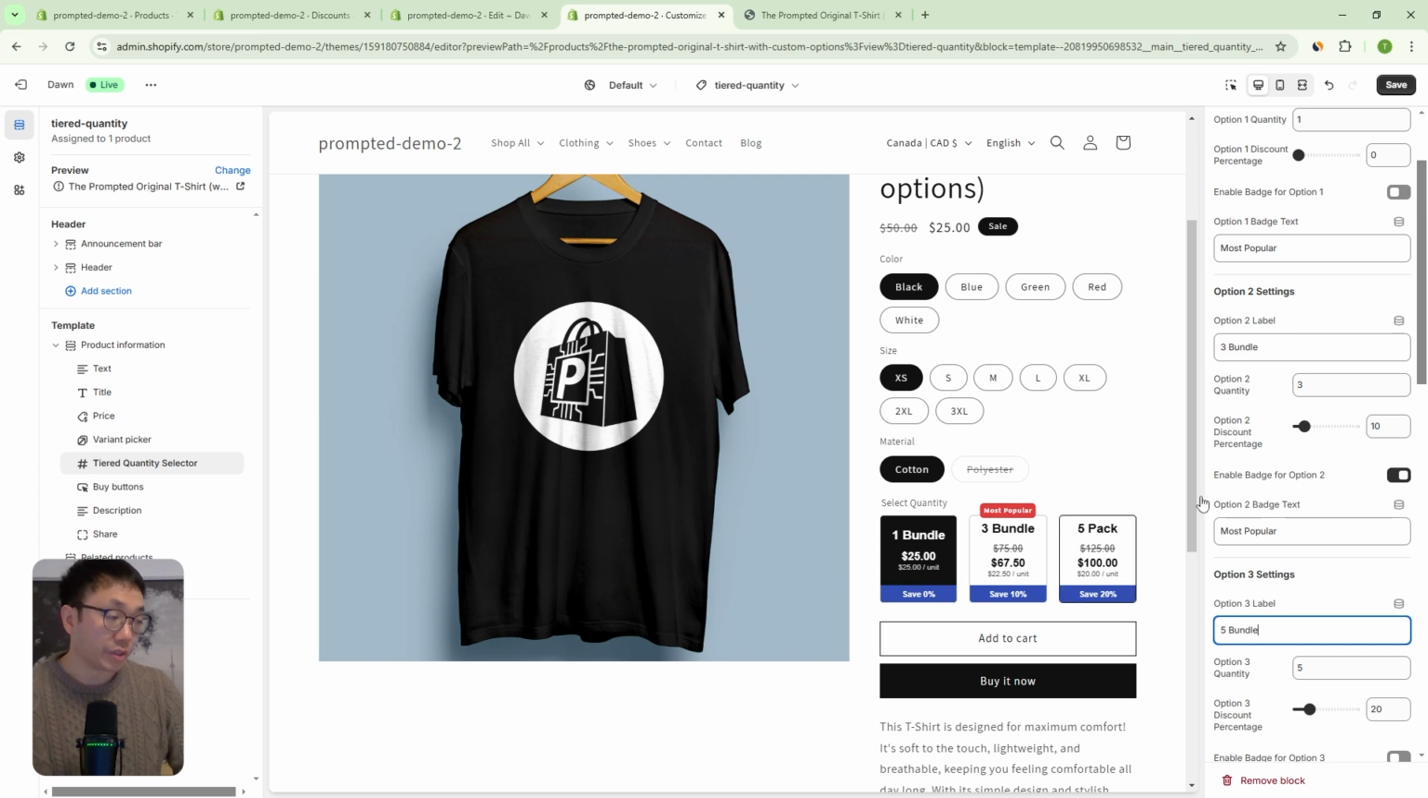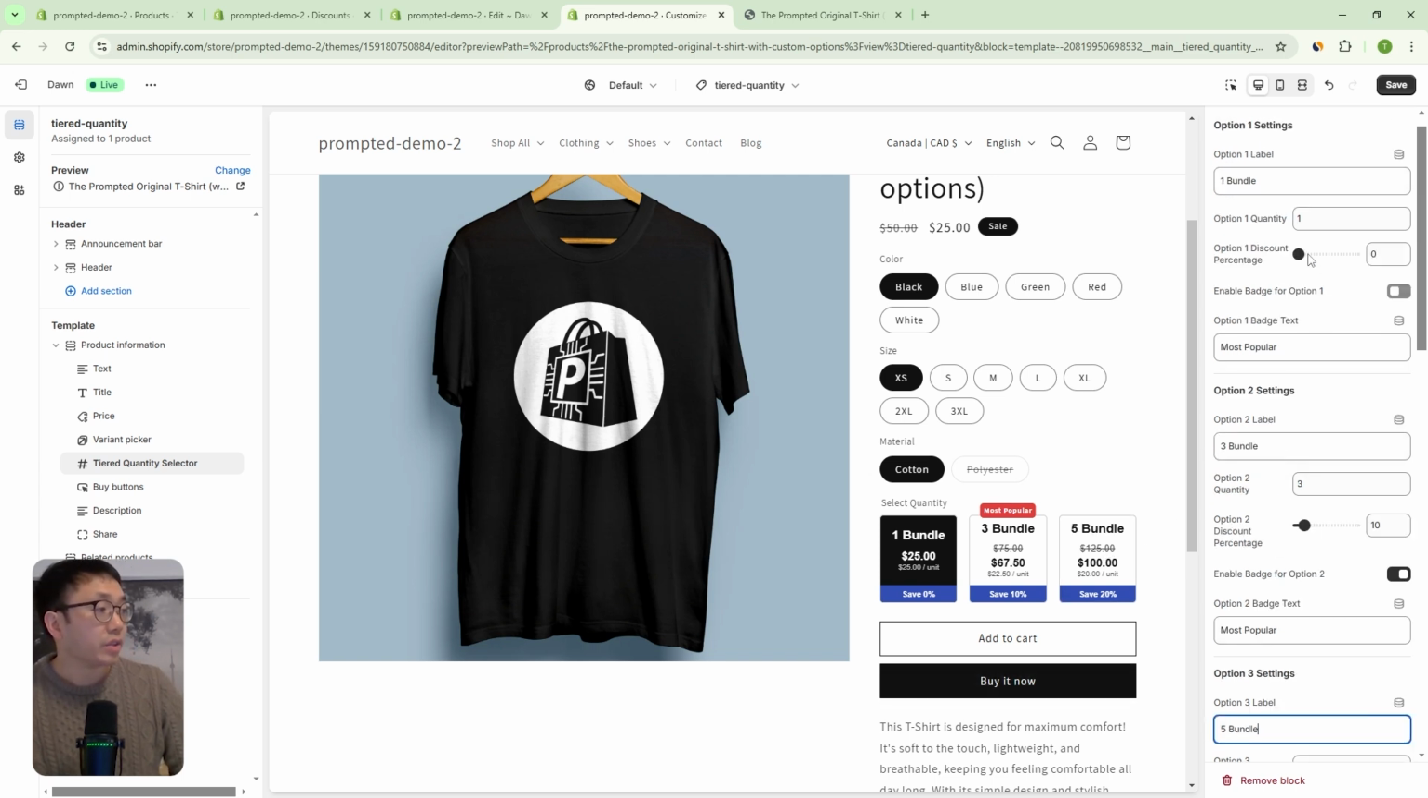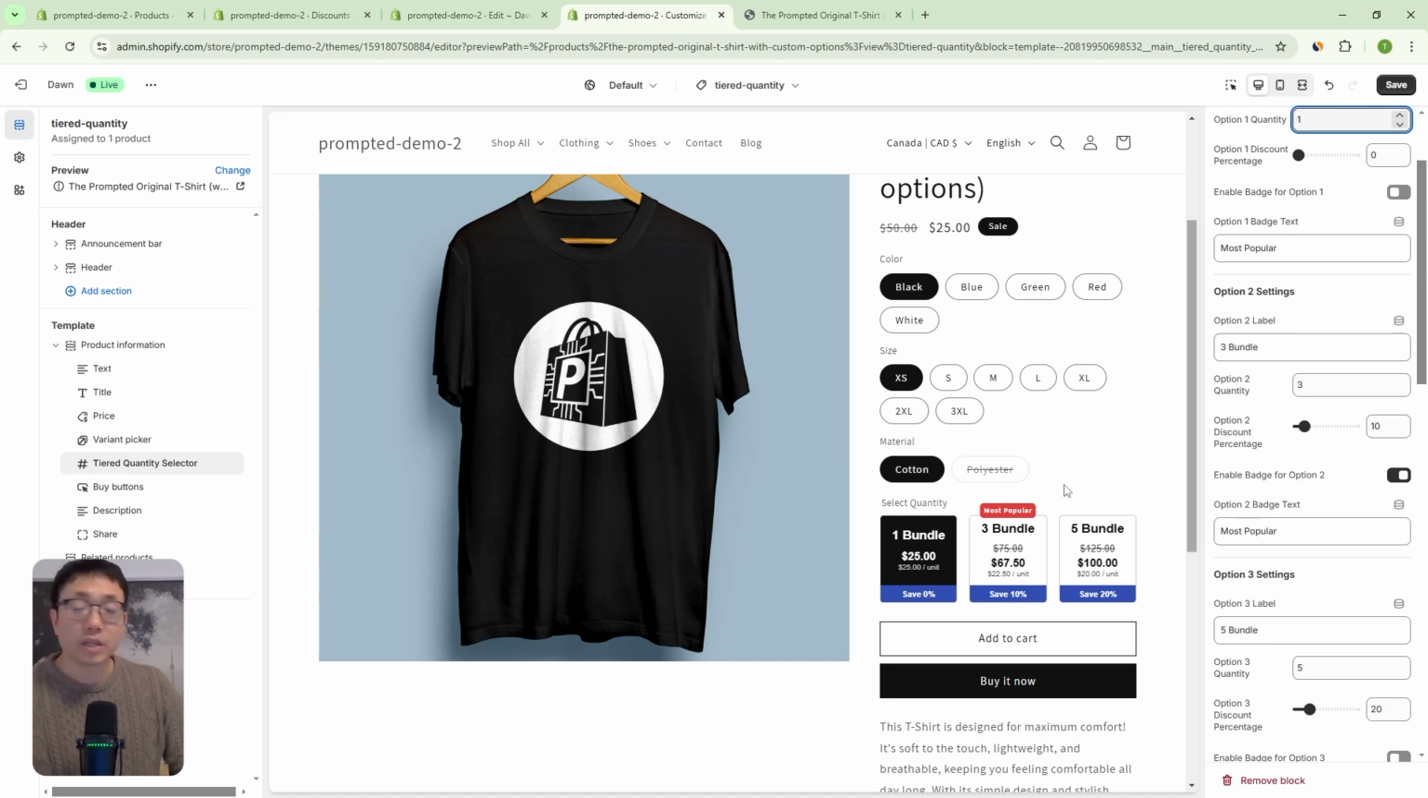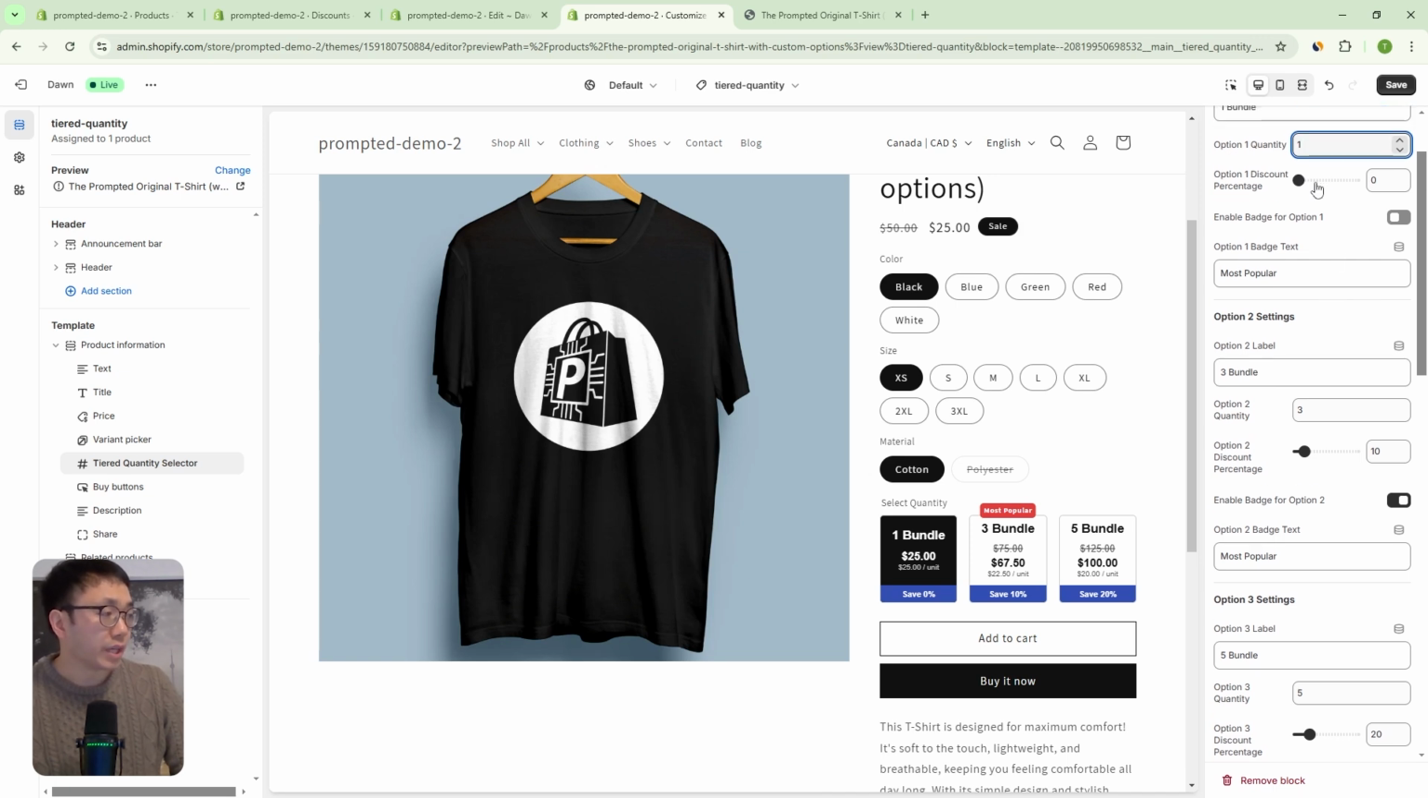Right, so you can change the text. You can change the quantity that you're adding to cart for each one of these buttons. In this case, I've set it to 1, 3, and 5, but you can set it to whichever quantity works for your store. And then we can also set the discount percentage. So here we have 0, 10, 20. You can customize it to be